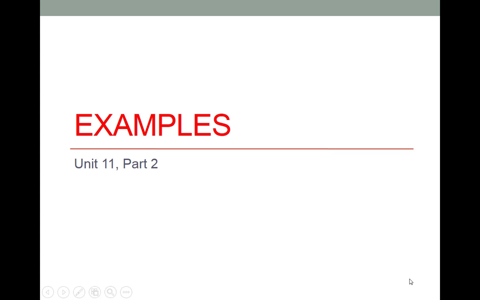Welcome to Unit 11, Part 2. In this part, we're going to work a couple of examples involving conservation of energy. For our first example, we are going to look at